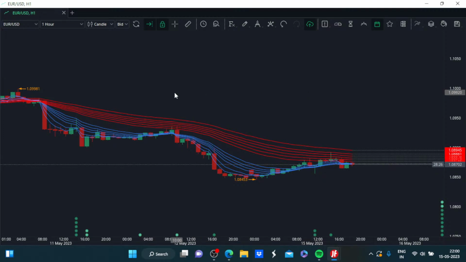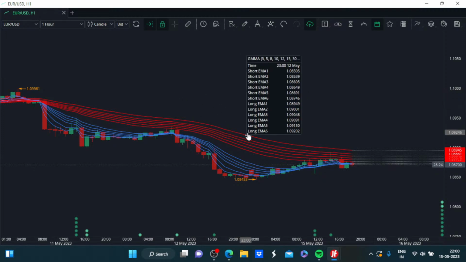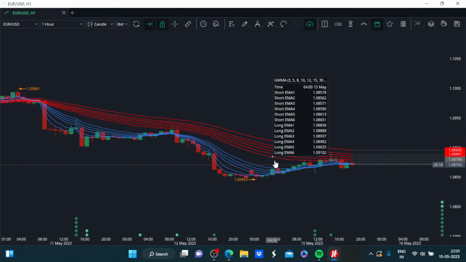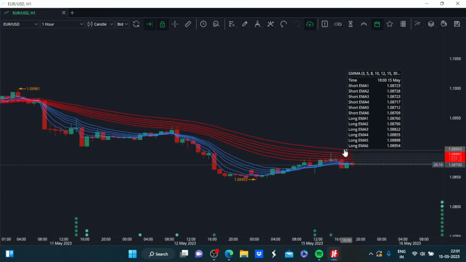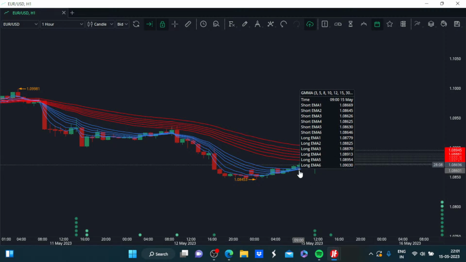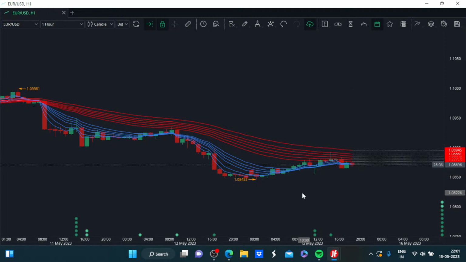Now, if we look at these short length and long length EMAs, we have these short length EMAs which are moving on the lower side compared to the long length EMAs, and that denotes the momentum is bearish. But one interesting thing to take note of is that in the last couple of hours, we have seen the short length EMAs changing direction and starting to rise. That denotes